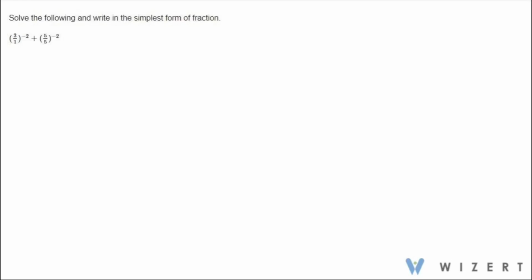We have this question here. Solve the following and write in simplest form of fraction. So we have (3/1)^(-2) + (5/5)^(-2)